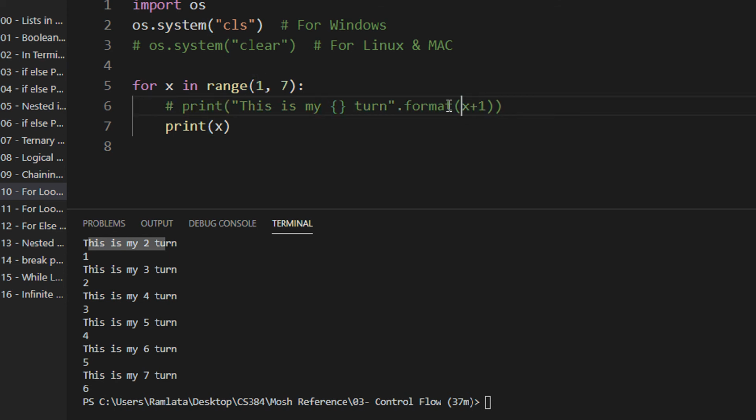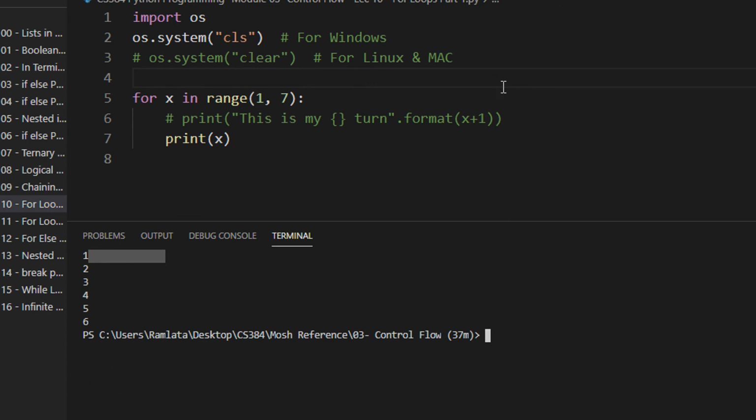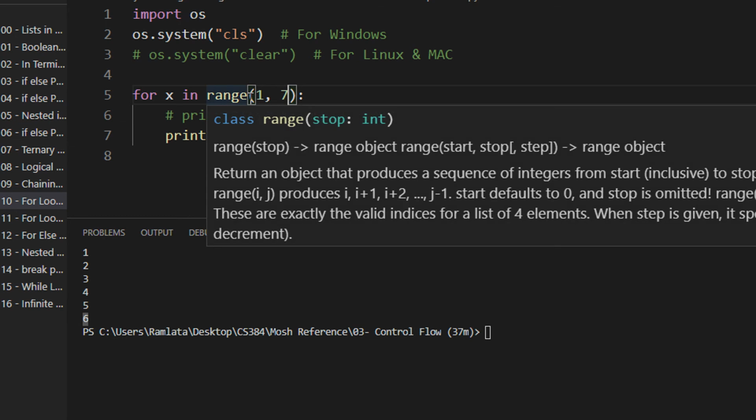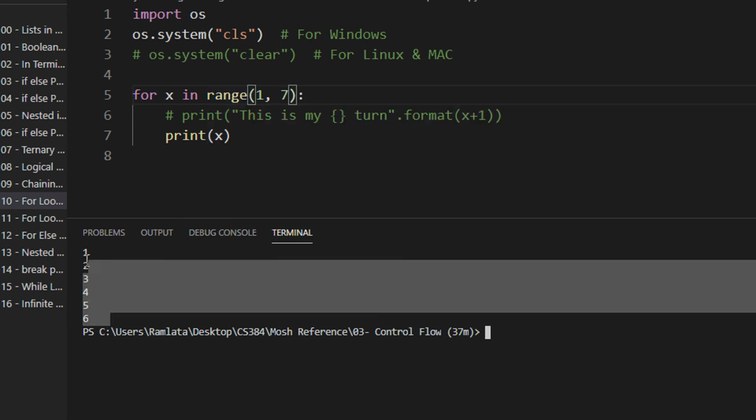So let us now remove this statement and run the code. So you see 1, 2, 3, 4, 5, 6. Again the same rule. I am starting with 1, so it includes 1 in the output. I am ending at 7, but it ends at 6. Right? So when you are specifying this 1 comma 7, the actual number of times the loop will process is 7 minus 1, which is 6. Okay, so basically you get total 6 elements.